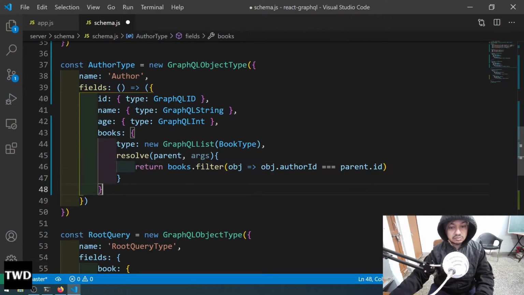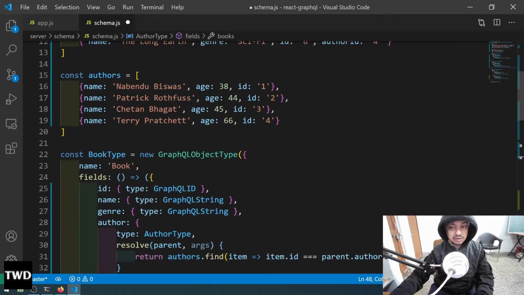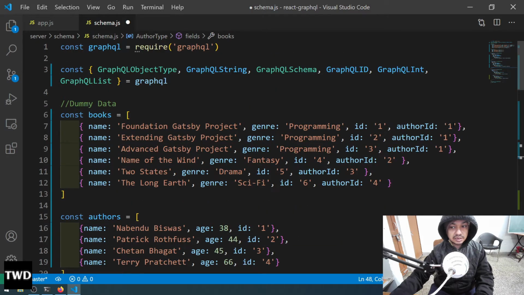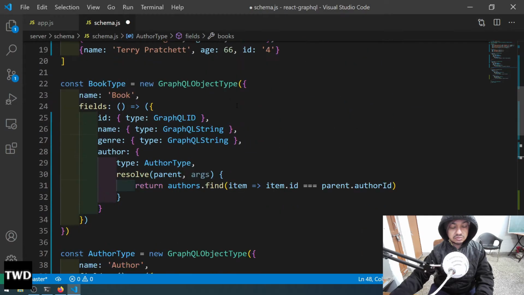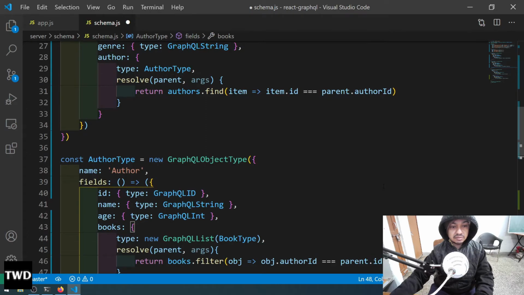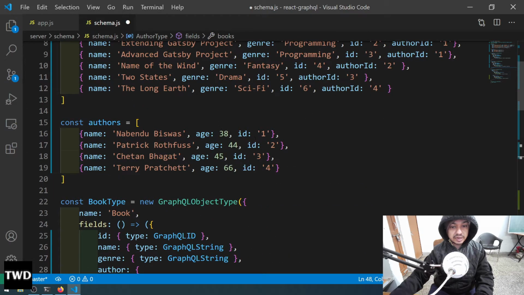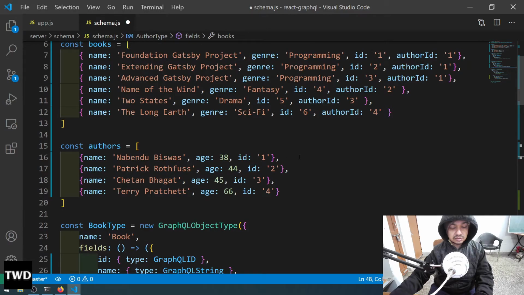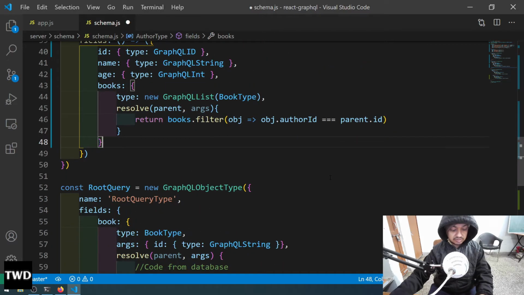We're filtering all the books, we are passing the object. So we are passing this book object, and we are checking obj.authorId is equal to parent.id, meaning we are in the author, so parent.id, it is equal, so author ID is equal to this one. So we are checking that. Let me save it, and